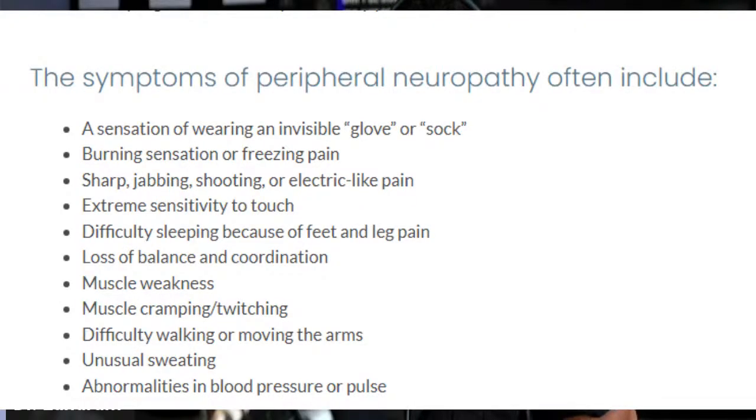Plentiful, which is one of the reasons why this is definitely different than sciatica, right? So some of the symptoms, as mentioned, include this glove-sock sensation present over the hand, in a glove distribution, or a sock over the foot. There's a burning sensation, there's freezing pain, there's sensitivity to touch, there's loss of balance as mentioned, muscle weakness, muscle cramping, difficulty walking, and many people would think that might be stenosis or radiculopathy, but not necessarily. It can certainly be peripheral neuropathy.